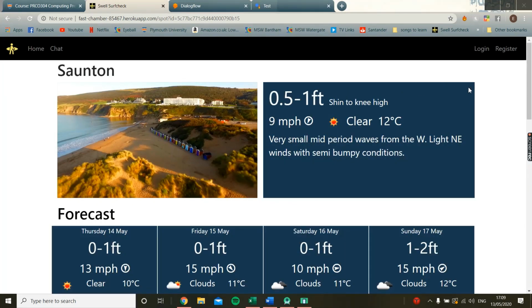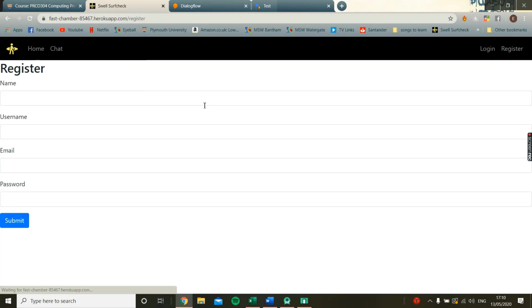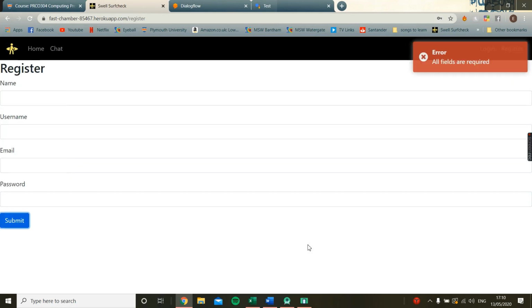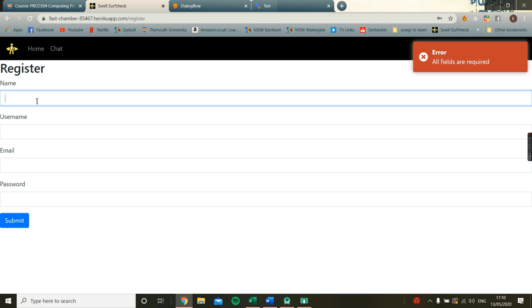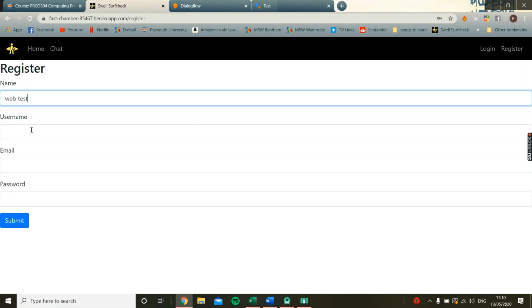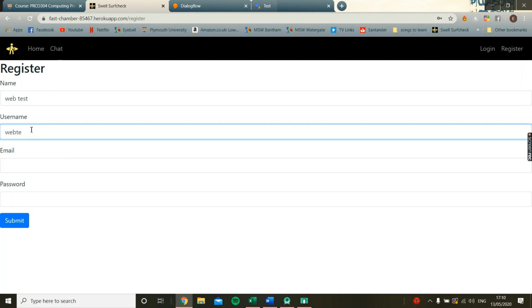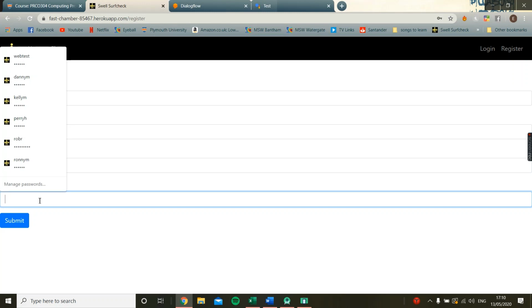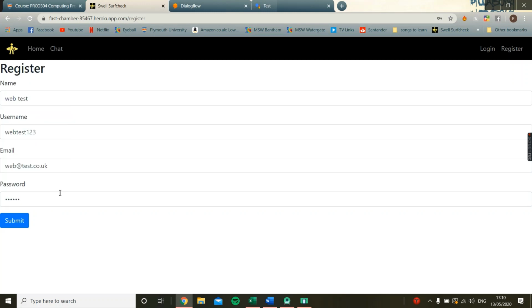Next, we can register a user with the system by clicking the Register button in the nav bar. First of all, if we try to register with no credentials, it will tell the user that all fields are required. So if we enter all the required fields, we can